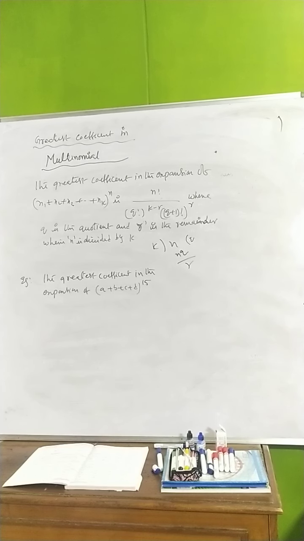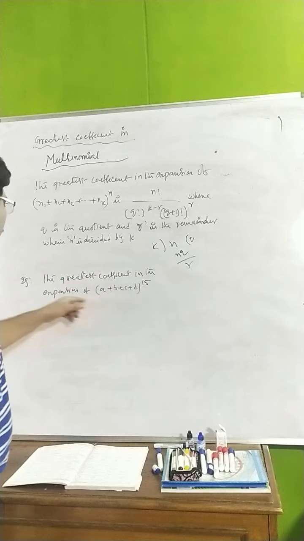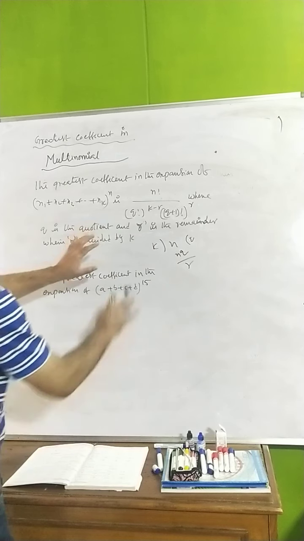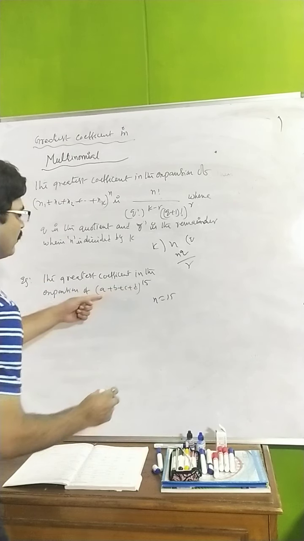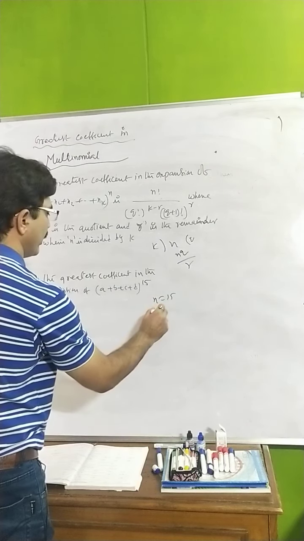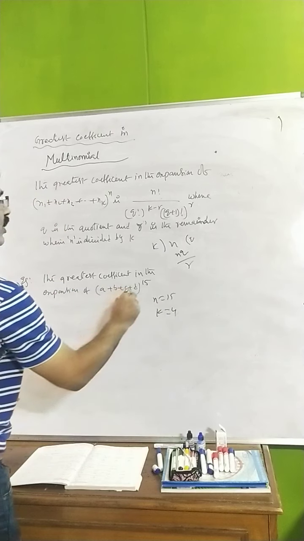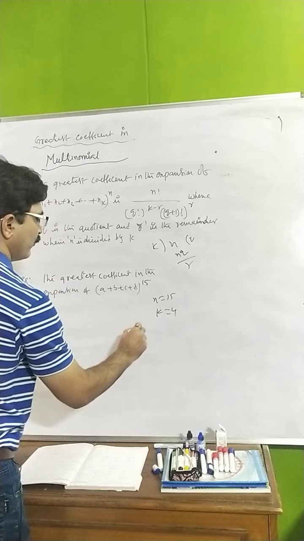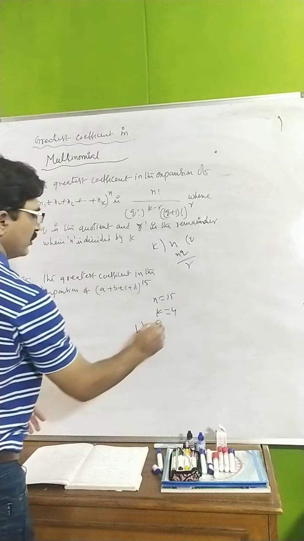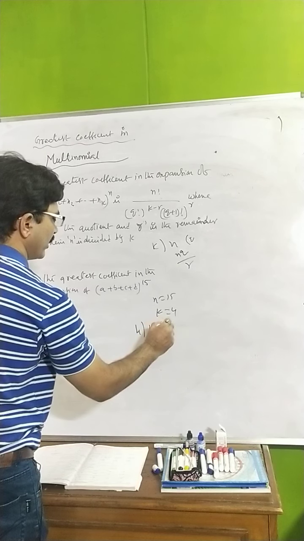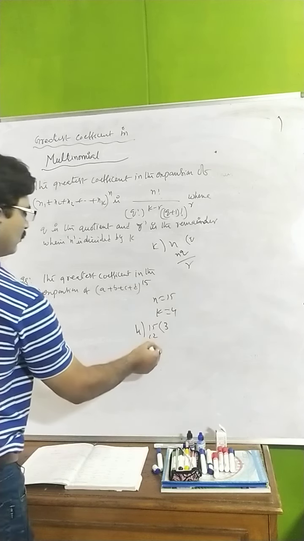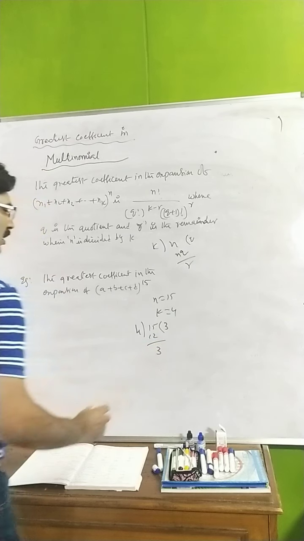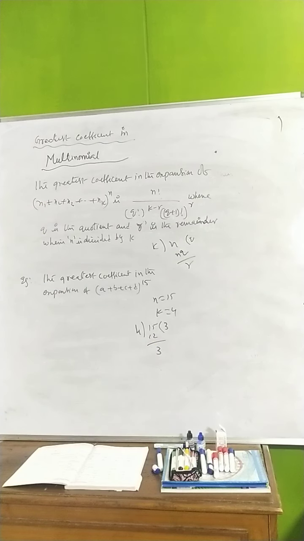You see here, one example I have taken, the greatest coefficient in the expansion of this. What exactly do we want? What is n? n is 15. How many terms are there? k, that is what? k is 4. Right, you have to divide 15 by 4. Here you take down 3, 3 fours are 12. Right, you divide with 4, what happened here now? Like this we are getting 3 and 3.